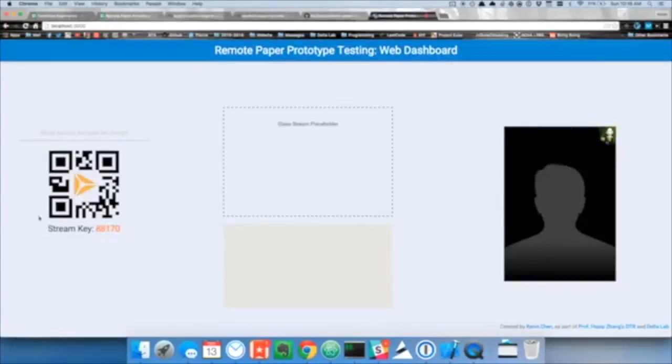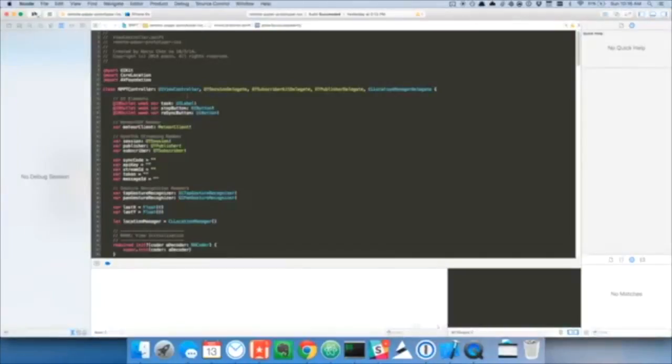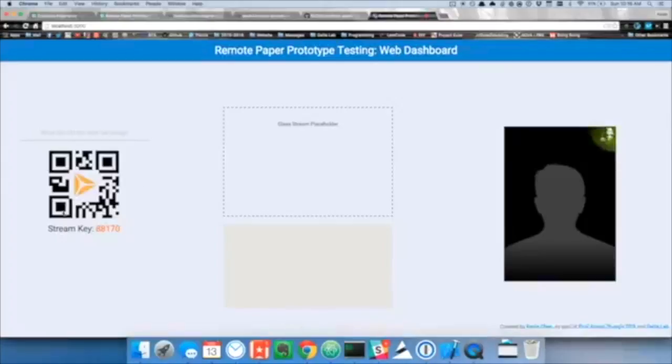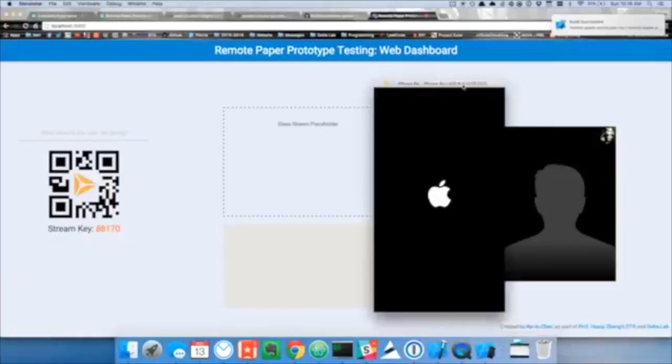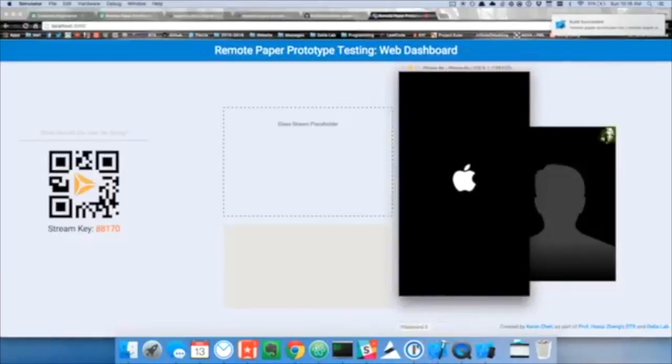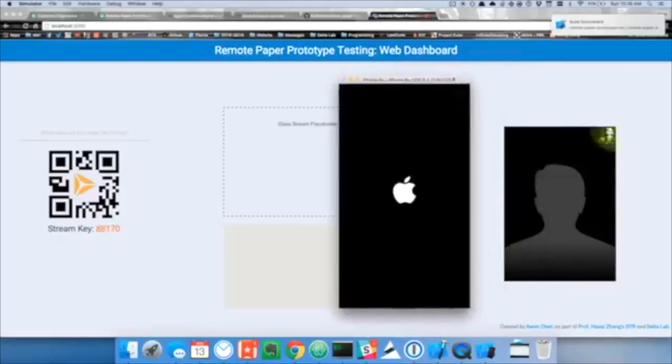And over here on the left, there's a QR code that the Google Glass application can scan in order to sync up with this particular client session, and over here is the stream key for the iOS app. So let's take a look at the iOS app then. Kind of have a little bit of fun, it doesn't have logos on everything, because why not? Okay, so yeah, the iOS application has been scaled to fit any size iPhone, while still doing all the tracking properly,